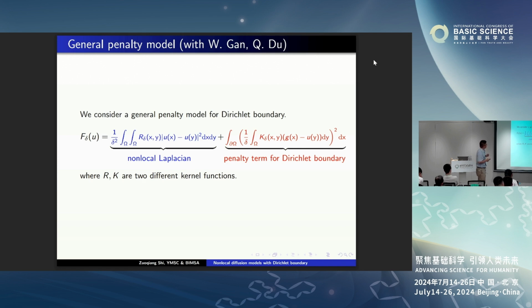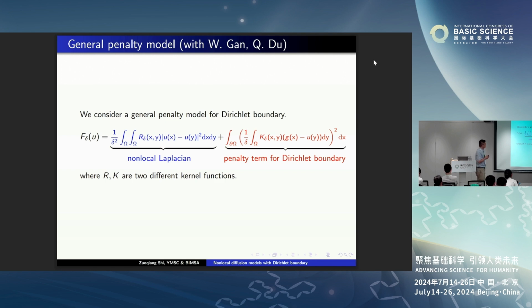Intuitively, we can impose the Dirichlet boundary condition using this penalty term. And actually, the previous nonlocal model can be written in this form also. But in that kind of nonlocal model, the kernel functions R delta and K delta are very carefully designed